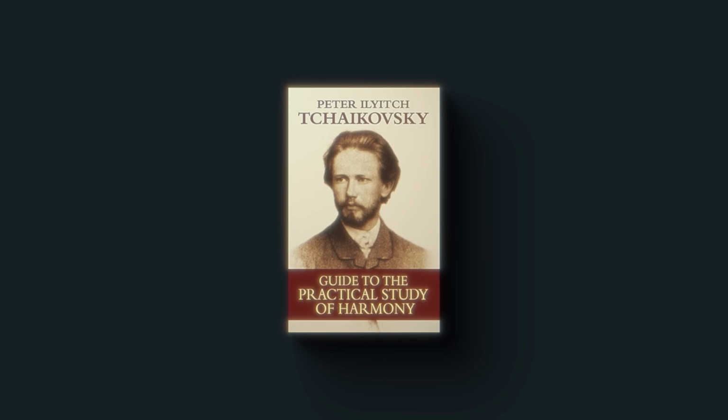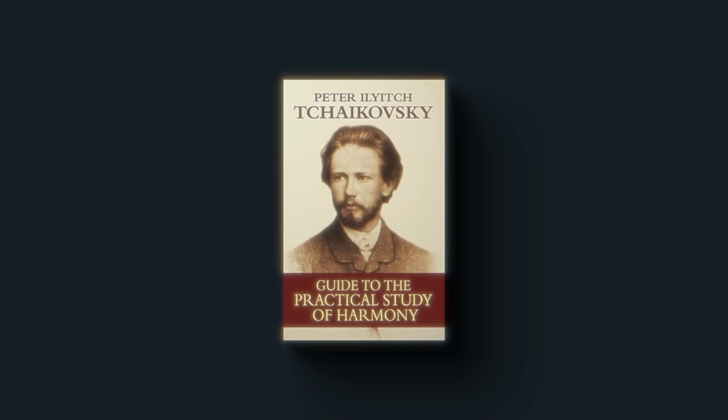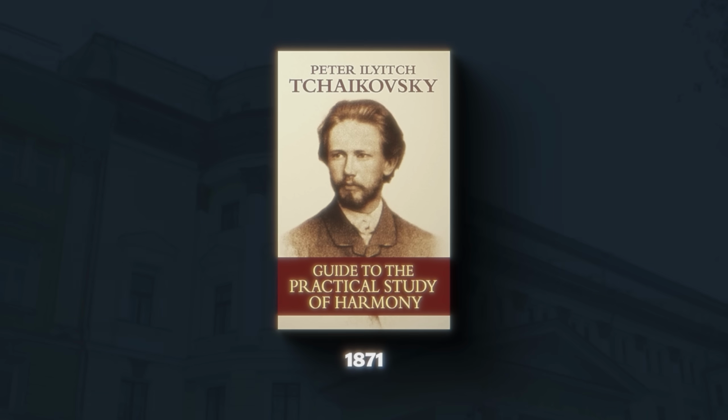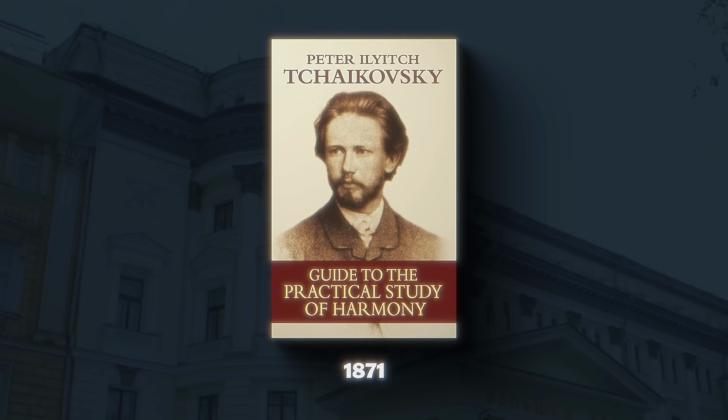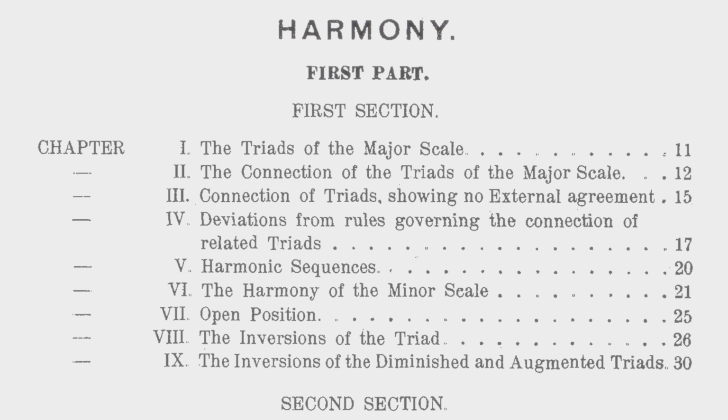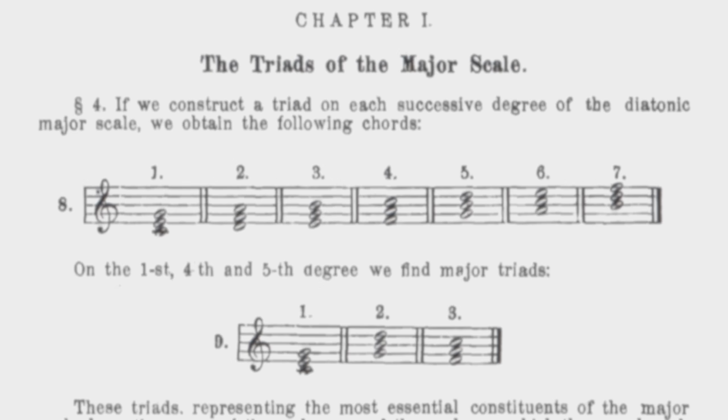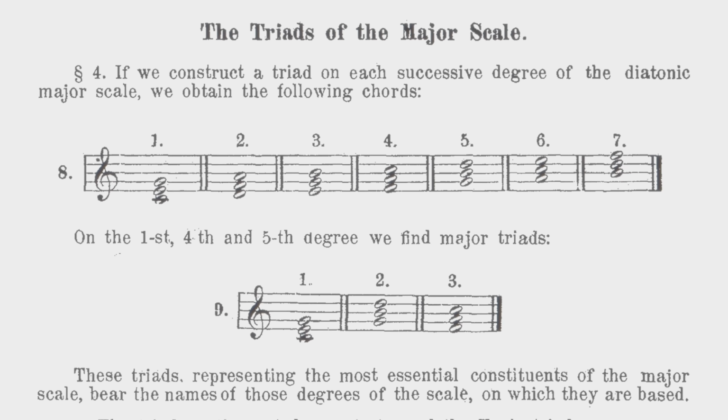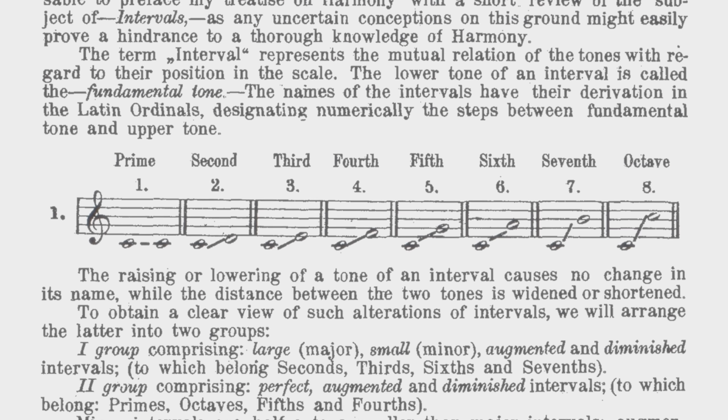This is a harmony textbook written by Tchaikovsky in 1871 during his time as a music professor at the Moscow Conservatory. He begins the book with a run-through of all the basics: scales, chords, intervals, and the general theory of harmony in Western tonal music. Things get a bit more complicated as we flip through these pages, and one thing that caught my eye is this,